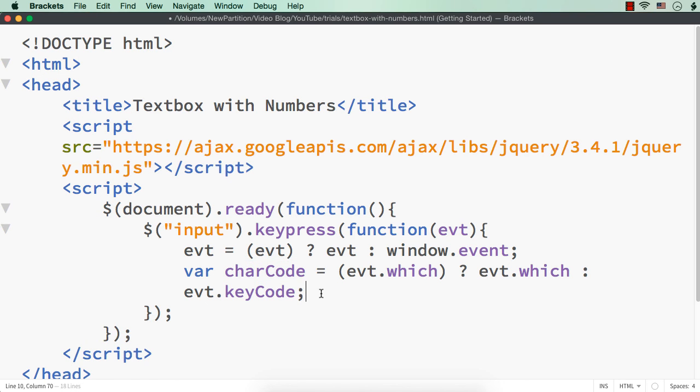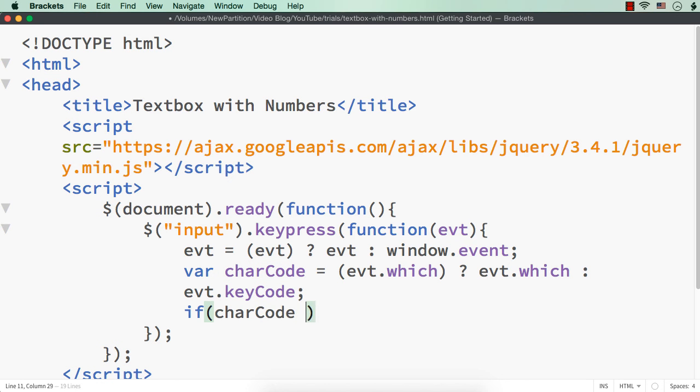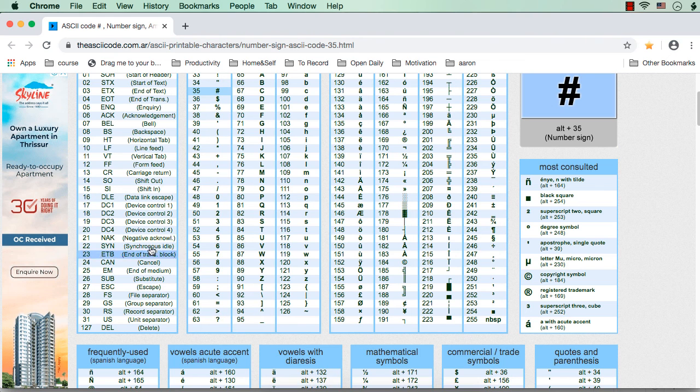So we are writing the code in such a way that we will return false in these cases: if character code is greater than 31 and character code is less than 48, right? 48 is 0.